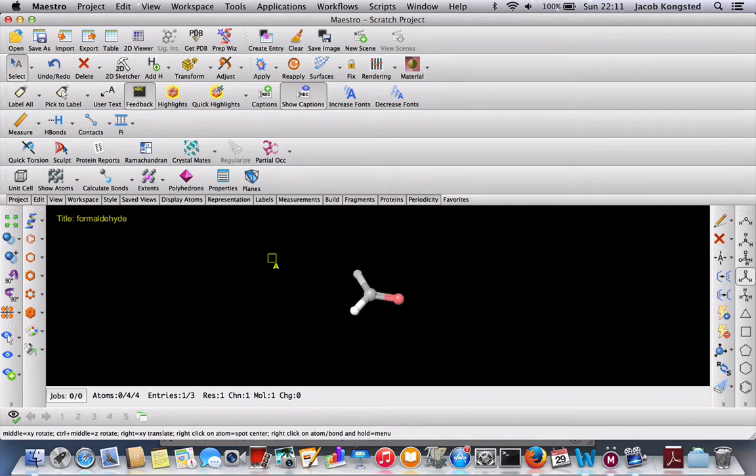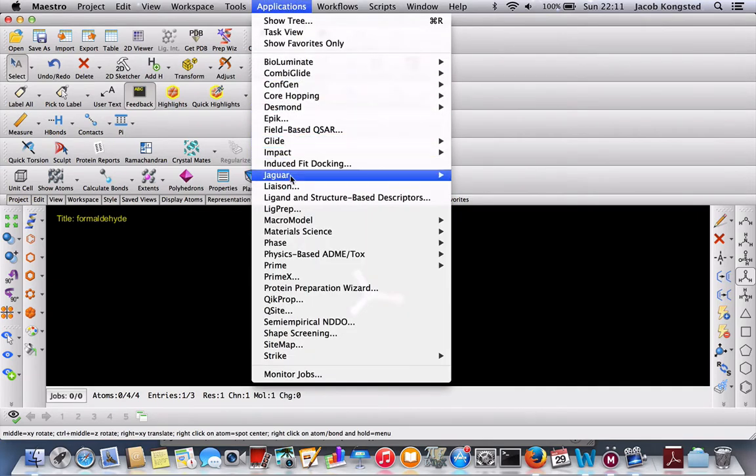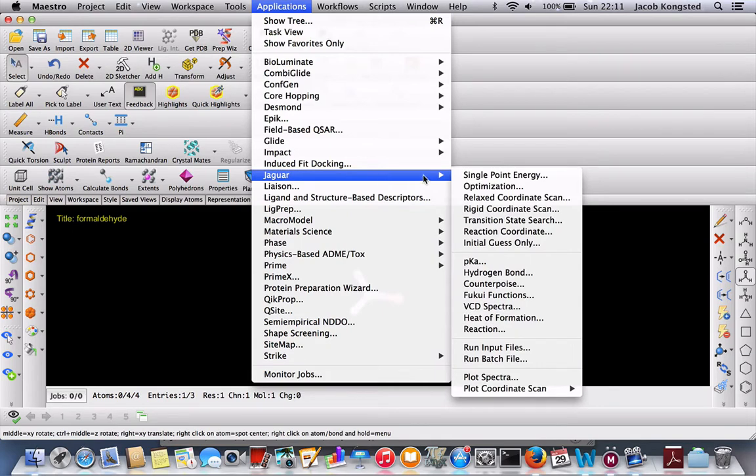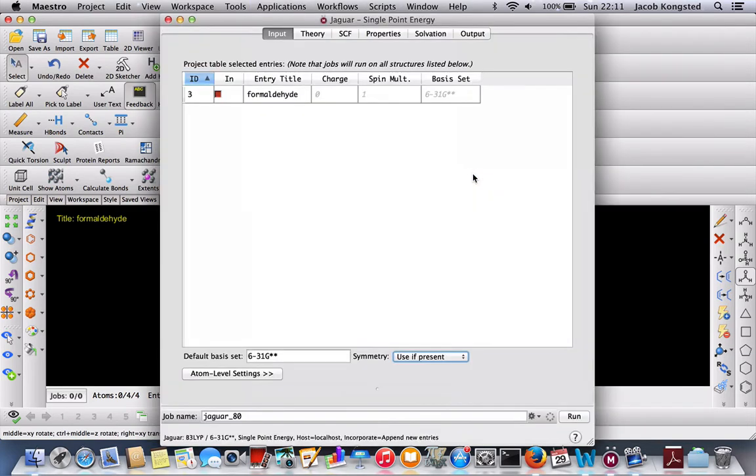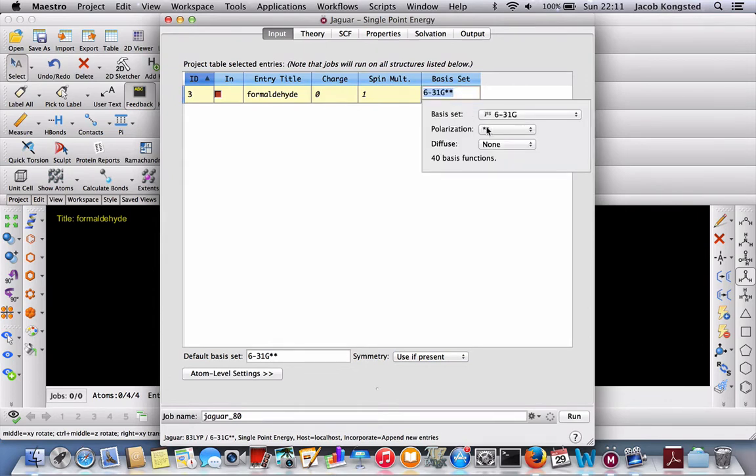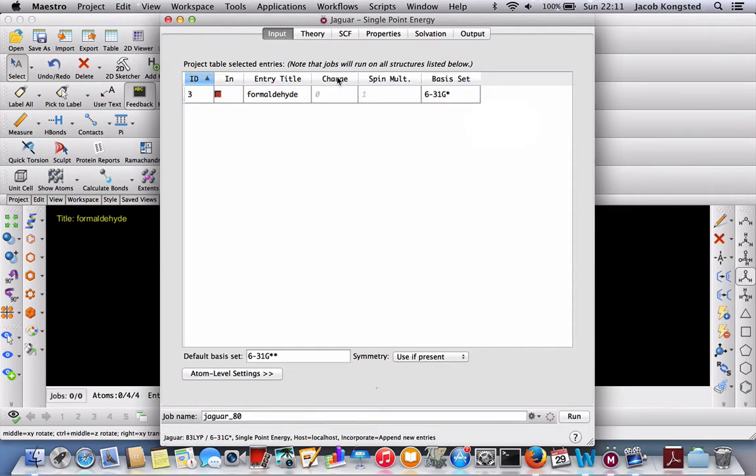Now I want to calculate the excited states. The way I do this is through applications, Jaguar, and now I choose single point energy. Again, I choose a basis set which is small but flexible. And the difference is now under the theory tab.